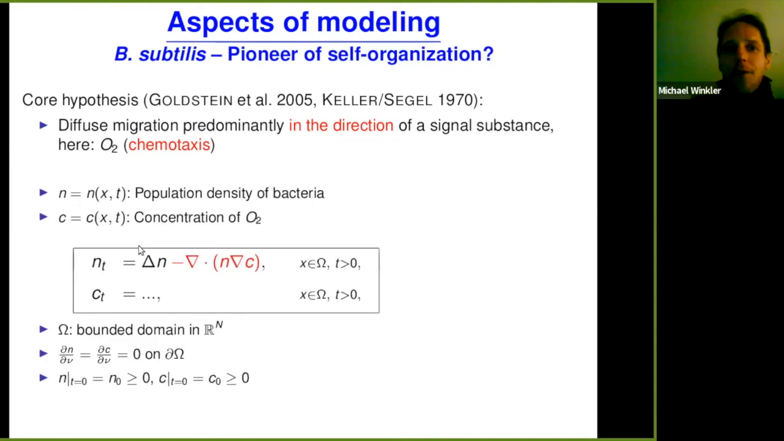And if you try to put this into a model, then the modelers say that a reasonable approach is to consider N as the population density of these bacteria, and then you have the signal, the oxygen here, which is also measured by a continuous quantity, and you have a parabolic equation for the population density, which is, however, not a standard heat equation, as it would be if it was only diffusion, but you have this cross diffusion term